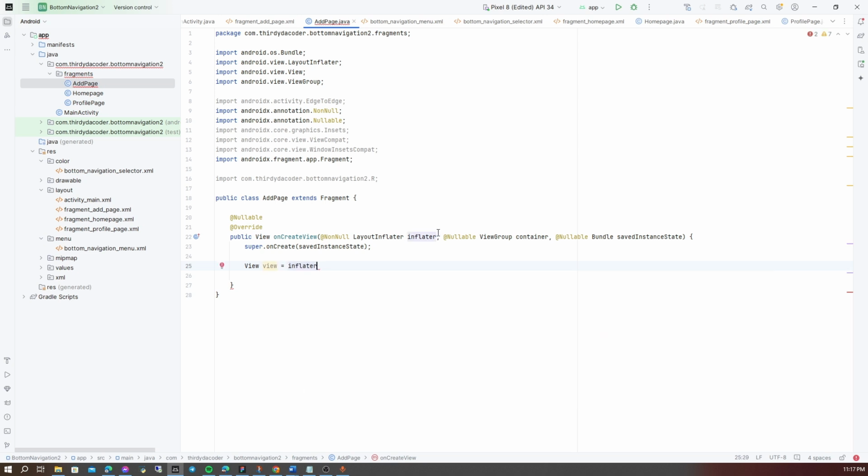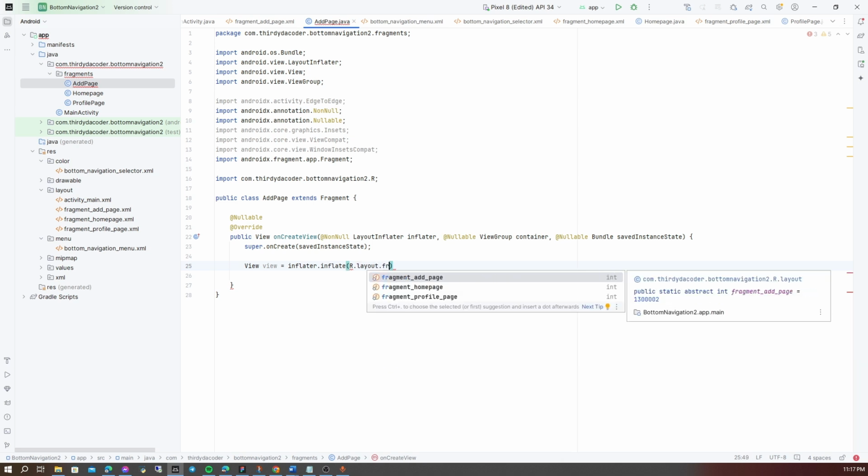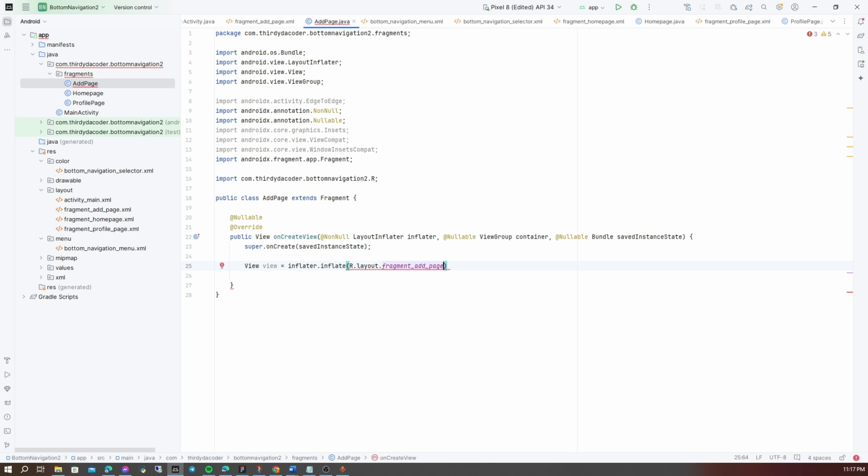So we can call the inflater from the parameters, the inflate function of it. We are in the add page fragment, so we can call the fragment add page, then call the container. Call this for the second parameter and add false for the third parameter.